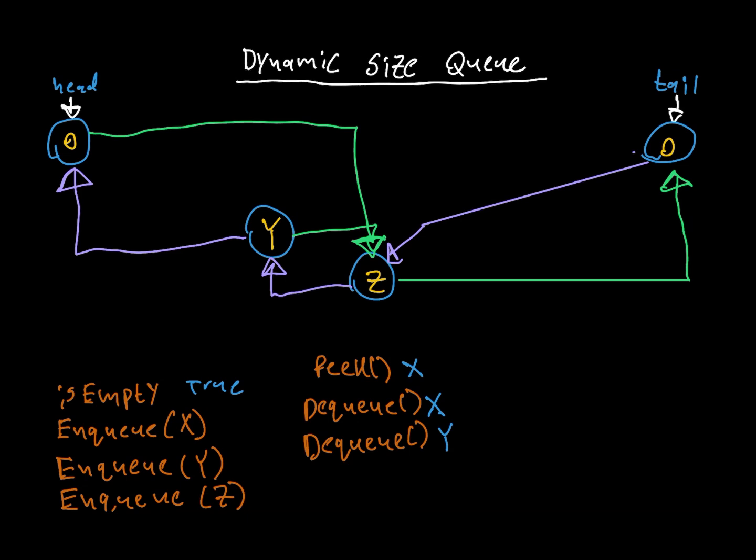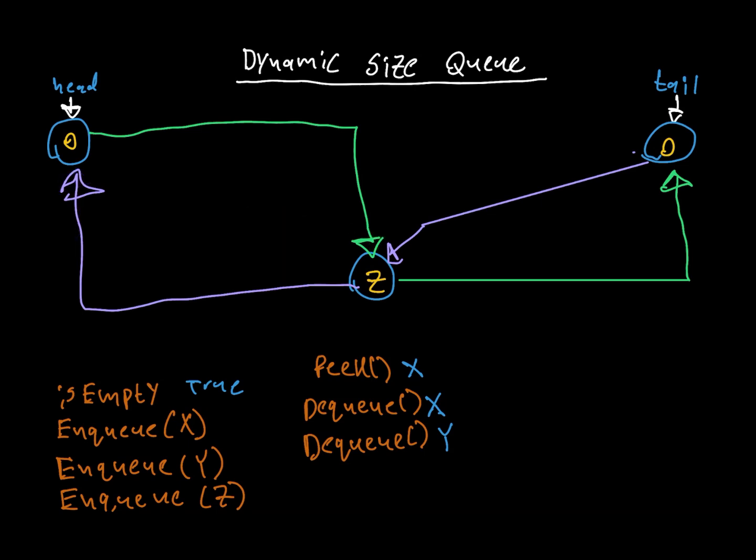And then instead of Z pointing to Y, we're going to have Z point to head, because we always have access to head and tail. Right? And then we can treat Y as if it no longer exists, and then we can return the Y value. One more time, if we do